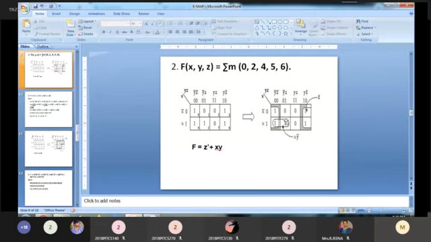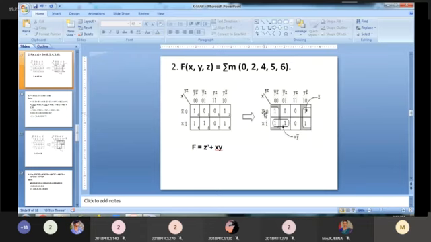This is one possible, this is one possible, and this is a quad. First you have to check whether any octet is there. No. Any quad? Yes. The right side corner and the right side of the column and the left side of the column you have to consider as one quad group. Then this is one pair. So first you have to consider this quad group.